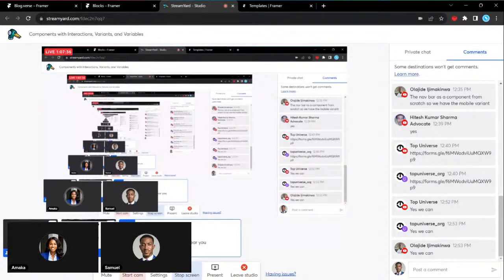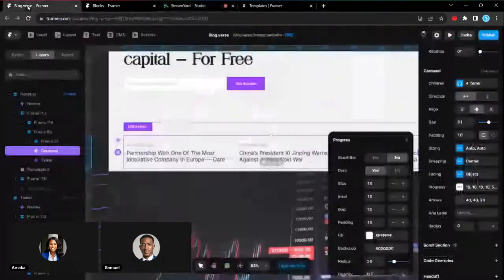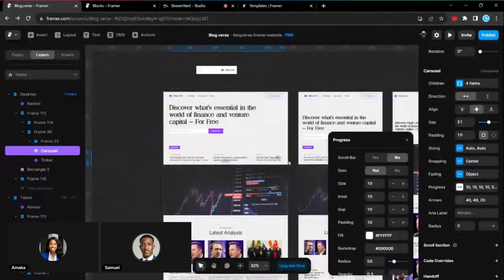Ifeanyi was asking on the Discord server that he has been battling to understand the previous class. Framer is interesting, but it's also confusing. The challenge has been the issue with mobile views. So for mobile view, the major thing you need to know is that whatever you change,